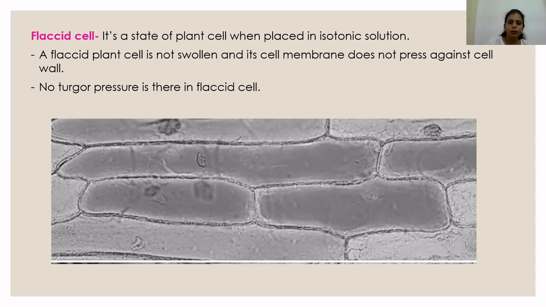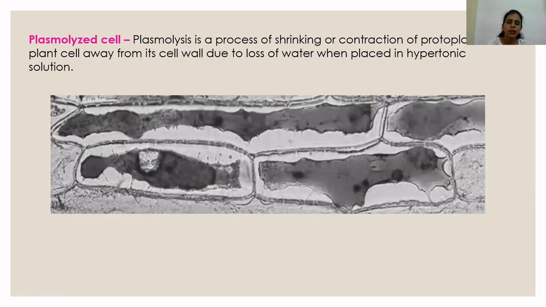In this image, you can make out a flaccid cell clearly. Okay, these are the cells of onion peel. This is cell wall, and here little bit you can make out. You can look at the arrow here. This is cell membrane. Okay, cell wall and cell membrane. In this particular cell, you can make out very well. This dark black line is your cell wall, and inside this white color line, okay, here you can make out this line. This is your cell membrane. Fine. Third one is plasmolysed cell.